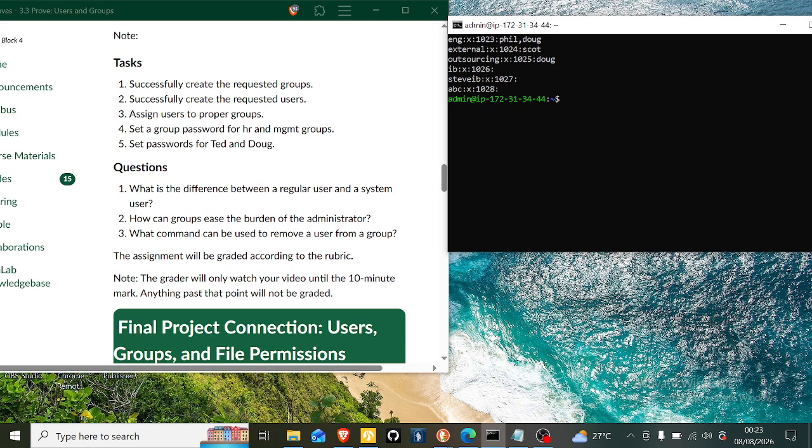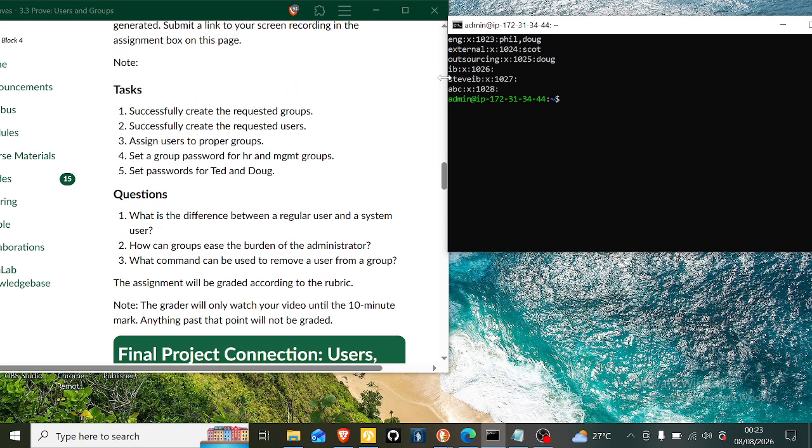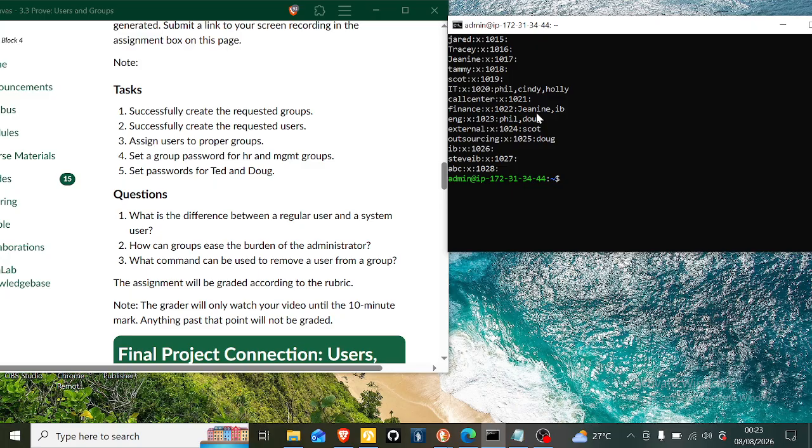And what command can be used to remove a user from a group? So let's try. Who is here? Holly is here. So we'll do Holly. Sudo password,